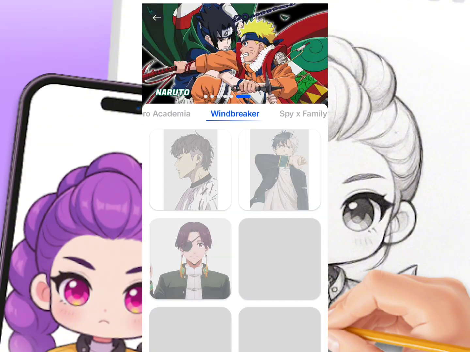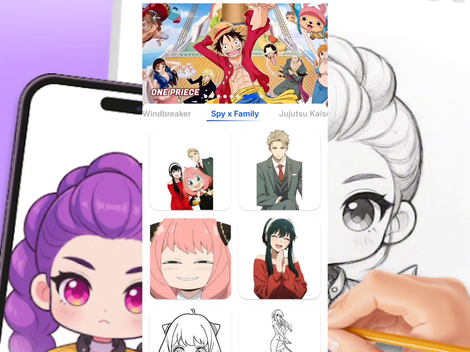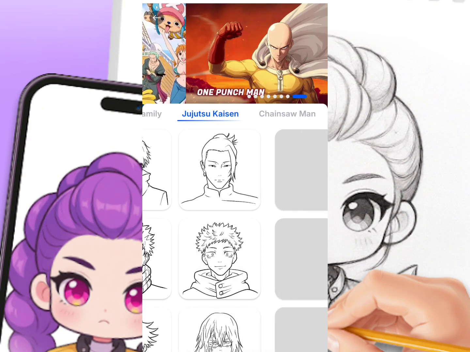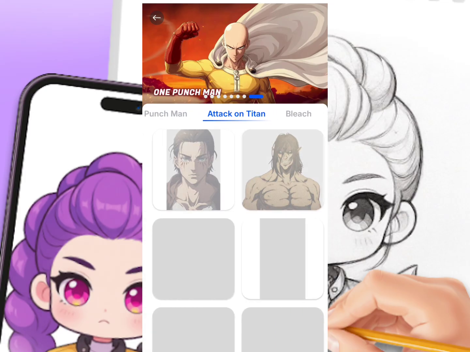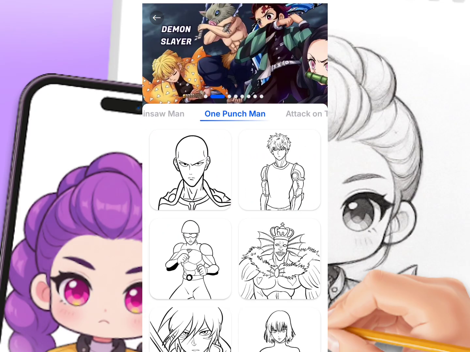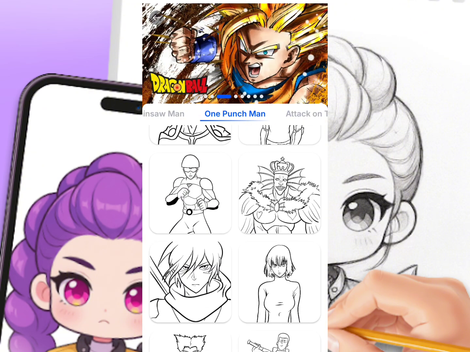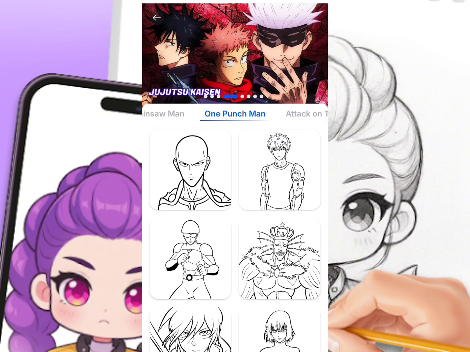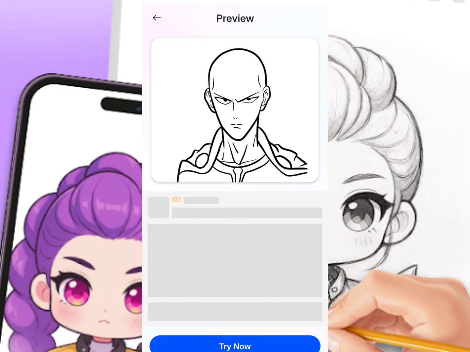So as you can see here, you have a lot of categories which you can choose from as it relates to what you want to draw. These are some popular anime characters. As you can see, you have One Punch Man and some other characters within that series here. So let's say for example I want to draw One Punch Man here. All I have to do is just tap on the One Punch Man picture here that I want to draw,